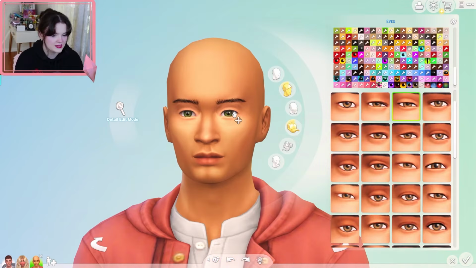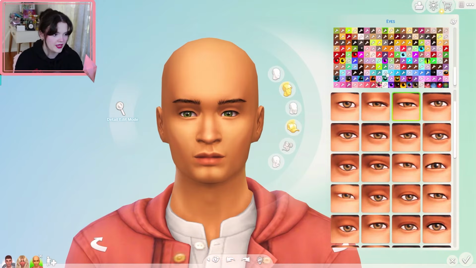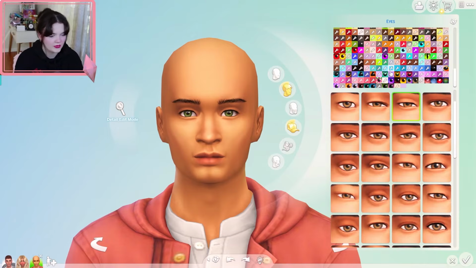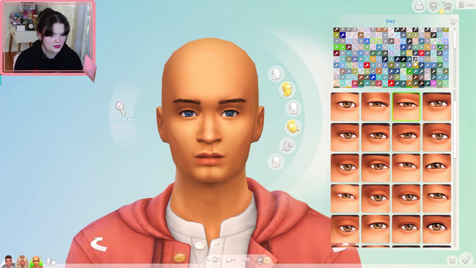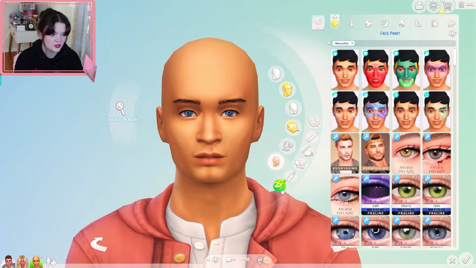Alien. I like these eyes that he got. The colors. But we can't. Let's not do green again. We need brown. We need green. Maybe we could do a blue. We could do a fun little blue for this one. Regular blue. Medium blue. No. Hate. Oh, I kind of like those. Go back. Nah. Okay, let's just set these guys, but then I'll go into makeup, go to face paint, and